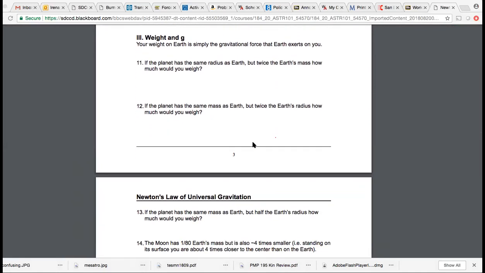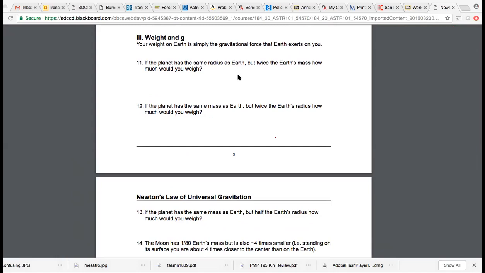Okay, number 3. So if it has a greater radius, doesn't it mean that you'd be heavier? No, you'd be lighter, because